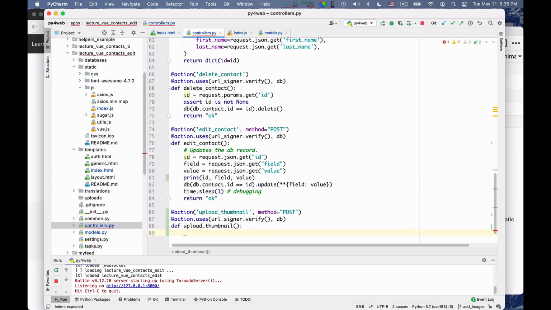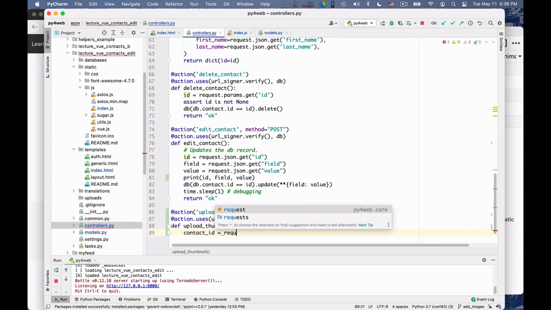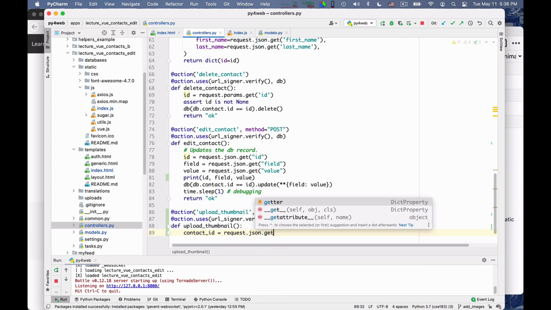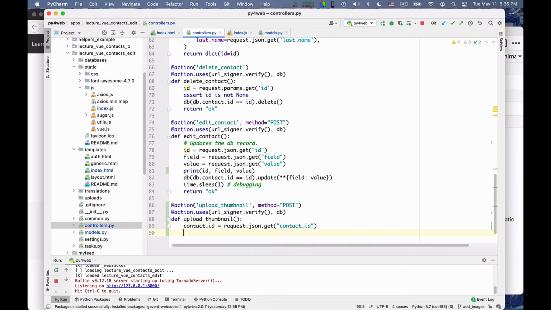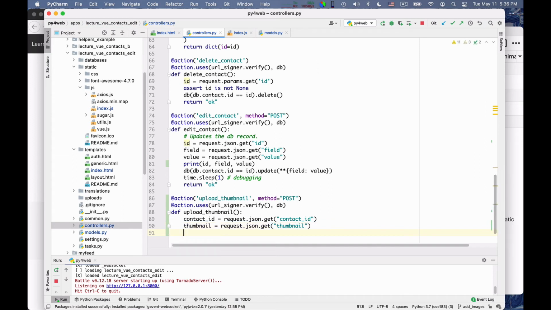As always, the first thing is that I need to fish out the parameters from the post. So I have to say contact ID is equal to request JSON. JSON is used to send out app things, so contact ID, and then thumbnail is gonna be request JSON get of the thumbnail. Okay, so once I have these two, all I have to do is update the contact.